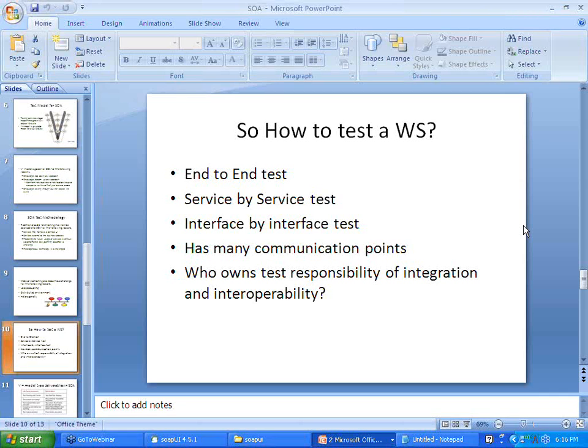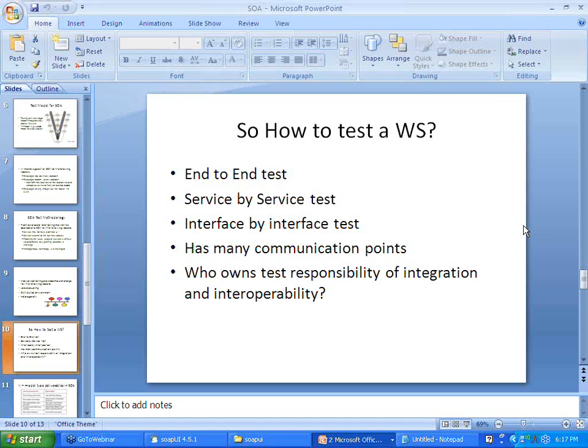Another approach: if you have a composite service which comprises multiple individual services, you have to start by testing each and every individual service first. So individual components make a complete part. If the individual component services are working fine, then it is highly likely that my composite service will work fine. And the next thing is interface by interface testing.